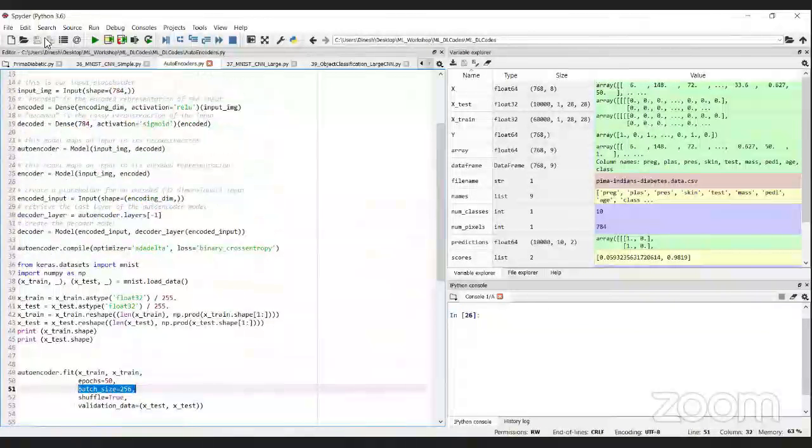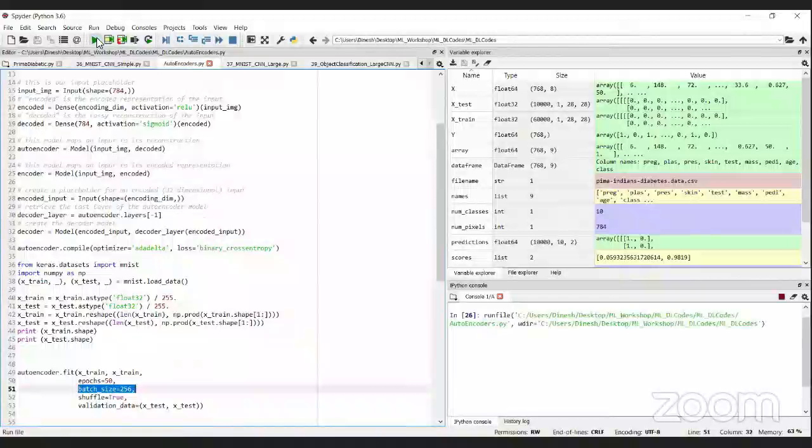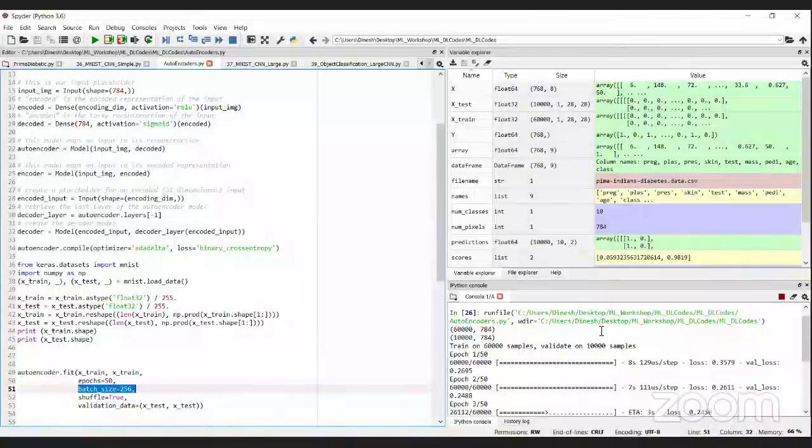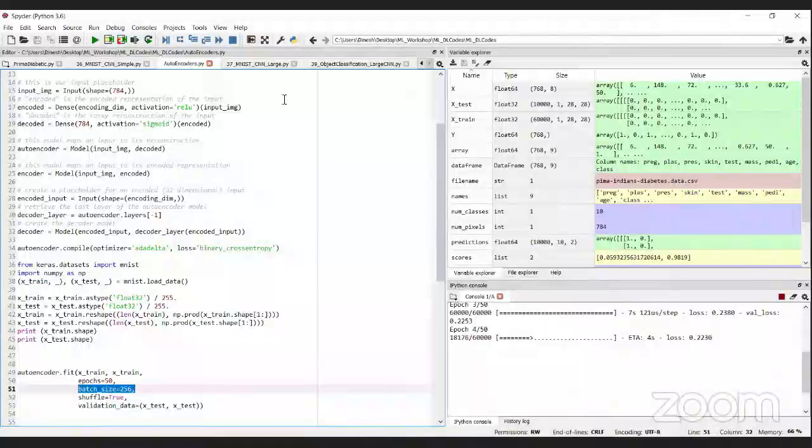We'll run this and see the result. While it is running, if you have any questions, we can discuss until it completes the running process.